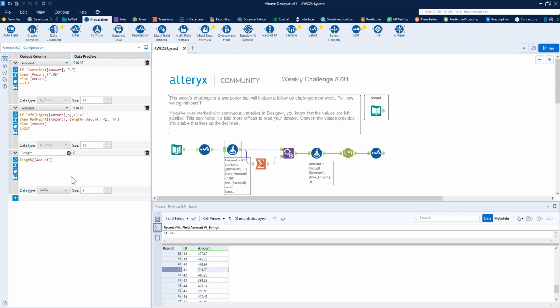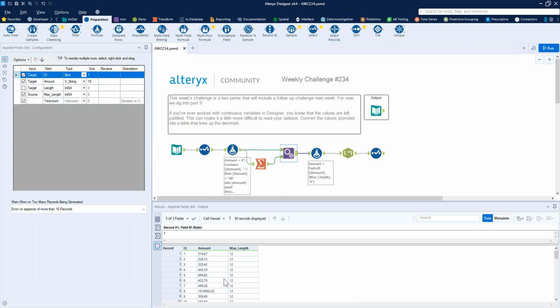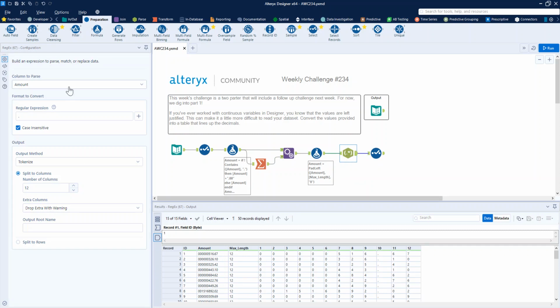And for this next bit, we then also need to calculate the length, because we want to know the maximum length of all of these amounts. So we calculate the lengths, and then we can see that if we use a summarize tool to get the maximum length and then append it back on, then 12 is our maximum length. So that's how much we're going to have to pad the other values by. So we just go ahead and do that. We pad left by the max amount, the 0, and you can see it creates that for us. And then all that's left is to split it out into the different